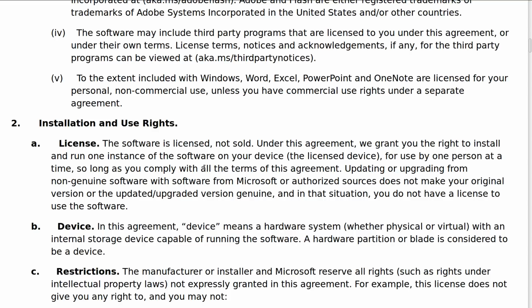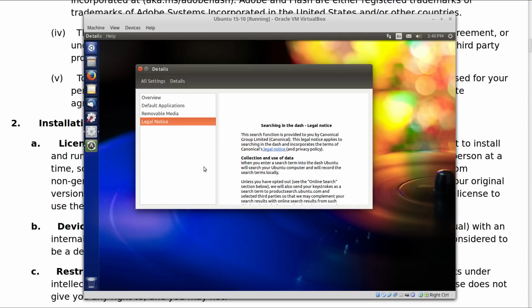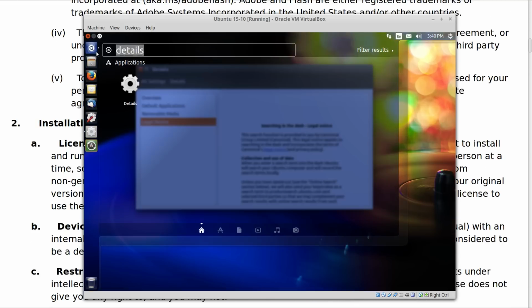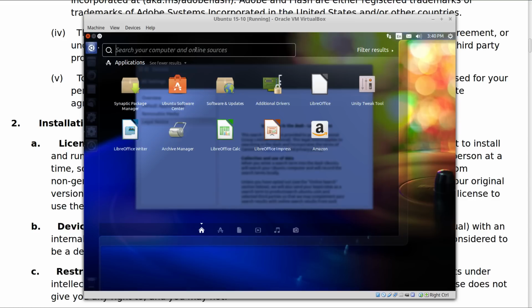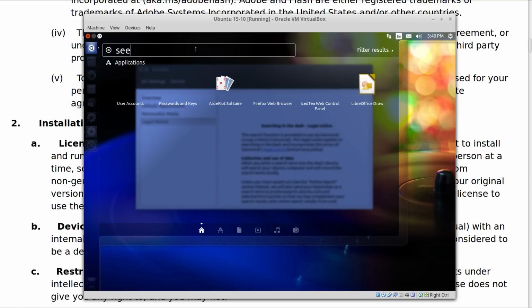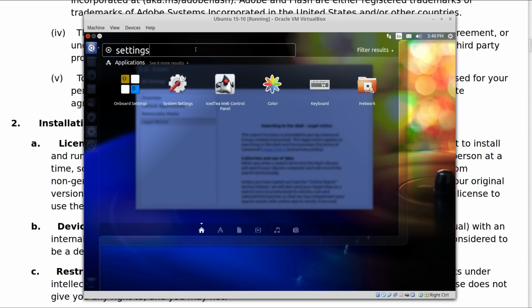Now, let me address another issue before I close this video out. And that is, some people are now saying, well, Ubuntu is not secure and you shouldn't use it. So let's take a look at something in Ubuntu that we need to talk about here, because this is usually what they're talking about. When you first install Ubuntu and you have it running on your system, okay, when you do a search in what is called the dash, all right, it is set up to go out and it will offer web search results.